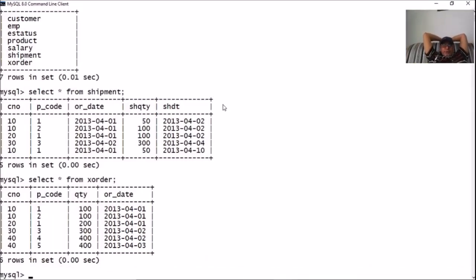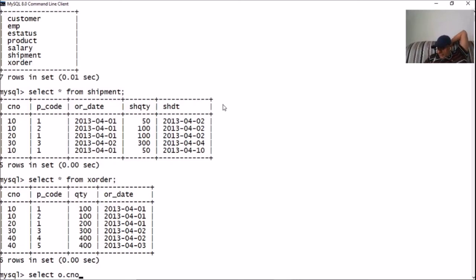So now we want to join these two tables, X order and shipment, on multiple columns. See how I can do that. Select O dot C number. Needless to mention, O is the alias I am using for the X order table.